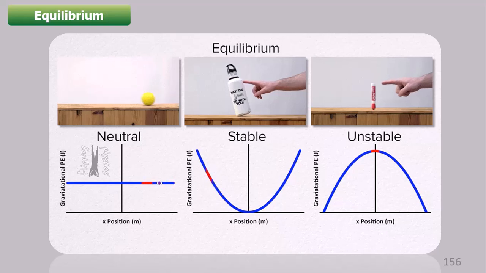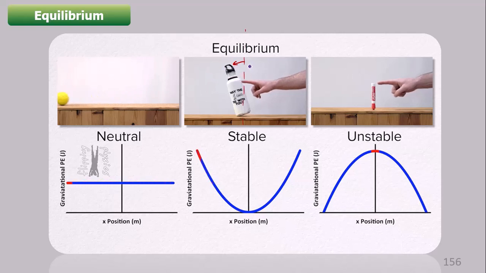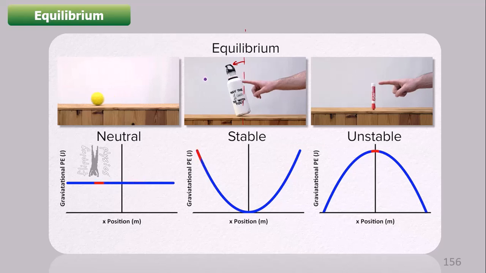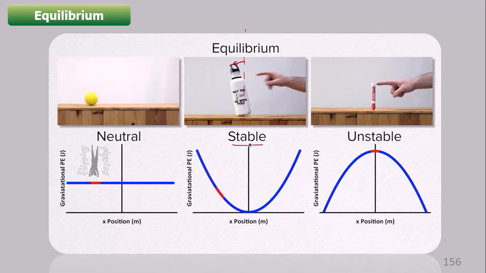Let us understand this situation. If I displace this bottle from its vertical plane in this direction, if I tilt it slightly, then after some time it oscillates and ultimately comes back to the equilibrium position. Initially, the vertical line is the equilibrium position. If I displace the bottle slightly and then release it, I observe that the bottle moves to and fro, then ultimately comes back to the same position. If that is happening, that is called stable equilibrium.